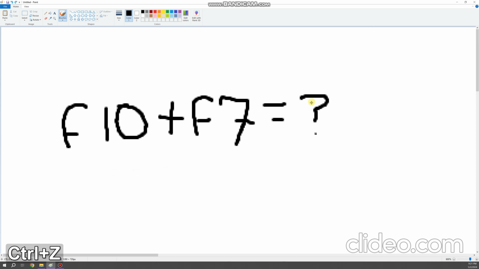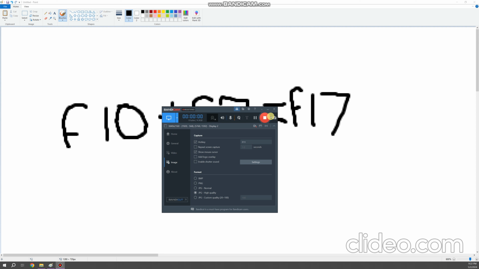If you guessed, well, actually there's 2 equations. So this is equal to F17. Yep. So we count. If you want to find out the letter,